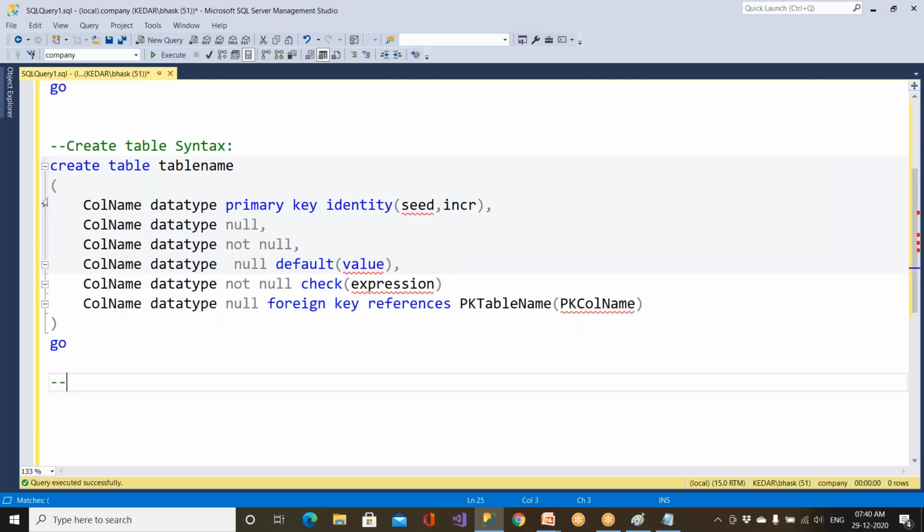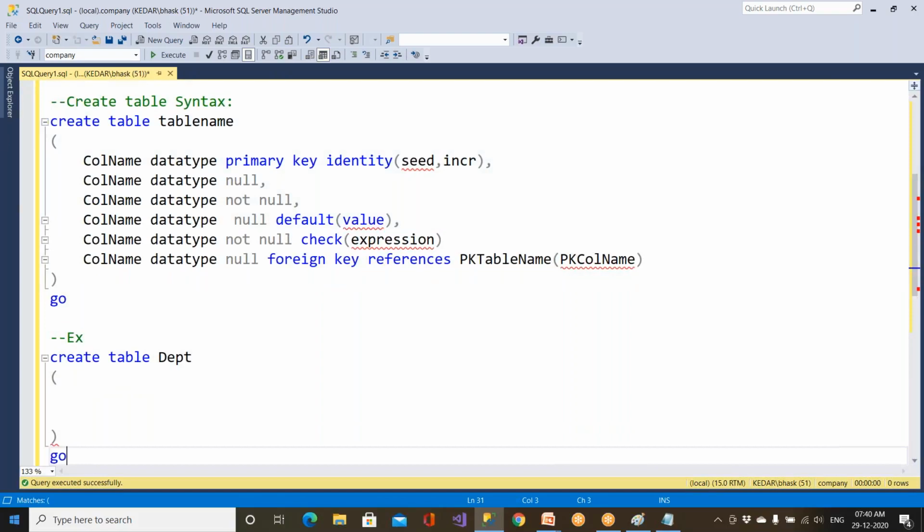Now, I'll give you one example. Create table, table name, let me have a department table. Open the bracket, close the bracket, say go. In the department table, let us say department ID, which is integer, which is a primary key, primary space key. If you say it without a space, it will be wrong. And at the end you should put a comma. See, I'm putting commas everywhere. Many people will ask me, sir, it is not working for me, so they would have given it like this, or they would have removed this. It is not going to work.